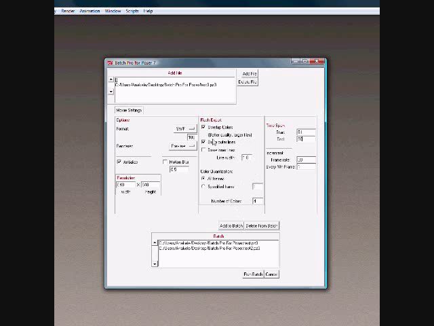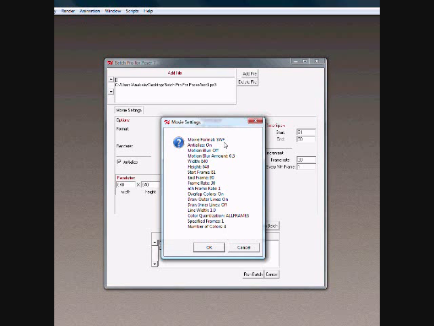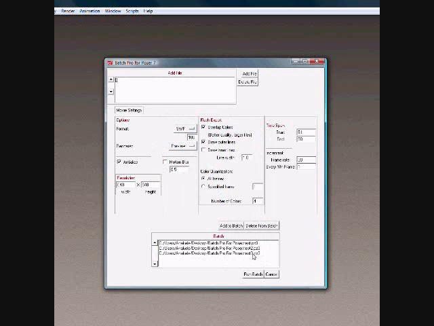Now, when you go to SWF, you have the option to add some of the Flash export settings. The Flash export settings will be ignored if you choose image format. Okay, I'm pretty fine with these settings, so I don't need to do anything special with these. We're going to add that to the batch. As you can see, the Flash settings are now included with the regular readout because now we're using the SWF format. Click OK. After we have our 3 movies, we can now run the batch,